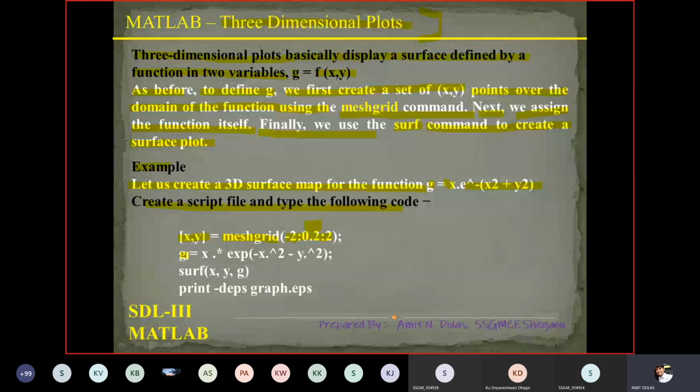g is equal to x into exponential, taken with the minus sign inside, that is minus x square minus y square, and surf x y g, and print. Let's see, y is missing here somewhere. Still we'll run this.